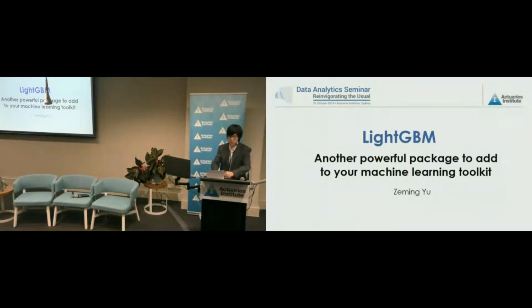So earlier in the day, Eugene explained to us how important it is to actually move away from the executive function and start heading towards decisioning. And it's great if you know what to do, but what if you don't actually know what to do? Then that's where we start to get into the realm of running experiments and being able to actually rapidly turn things around. So with that in mind, I'd like to introduce Zeming Yu from Covermore, who'll be presenting our first